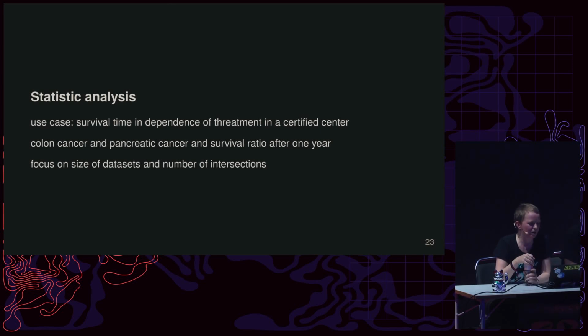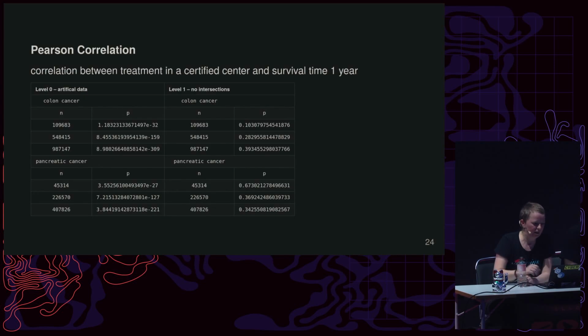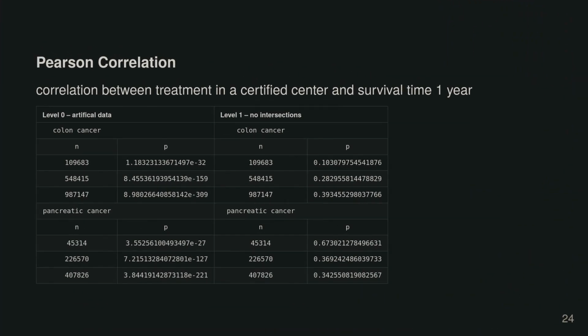We took a further look at colon cancer and pancreatic cancer and the survival ratio after 1 year. And we scaled up our data sets. In the first use case, we had 24,000 cases. I think in this use case, we had about 2 million, and we scaled up the number of intersections. We did the simple statistics again, the Pearson correlation. Remember, it's a very, very simple kind of statistics which says nothing about causality, but only about a not random relation